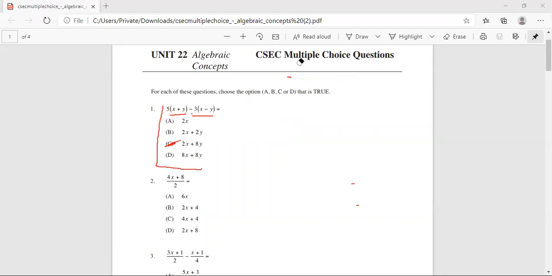So with B, you see we have 4x plus 8 divided by 2. It's the same as if the 2 is dividing these two individually, 4x and 8. If I put 2 here,